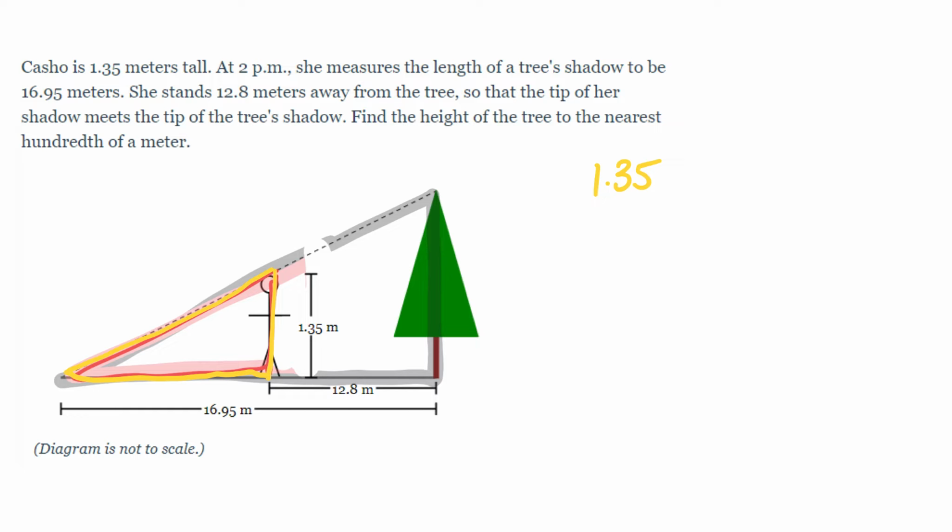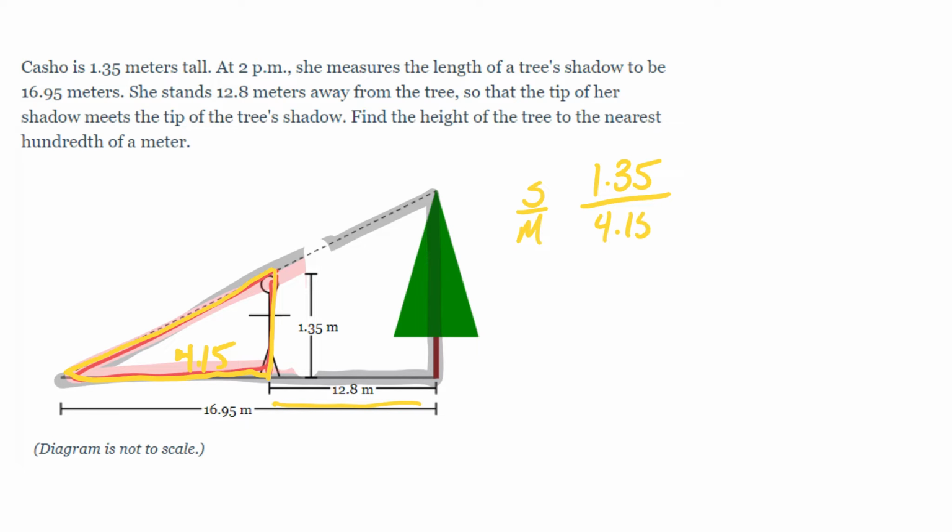We can see that the distance from the point is 16.95. And then we can also measure that he is 12.8 meters away. So we can figure out that this missing portion here is 4.15. So here's what we need to set up. What I'm doing is I'm setting up the small side of the triangle compared to the medium. That would be